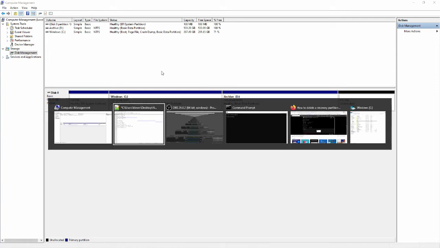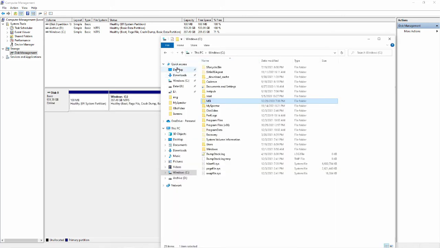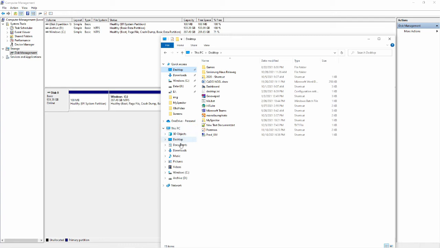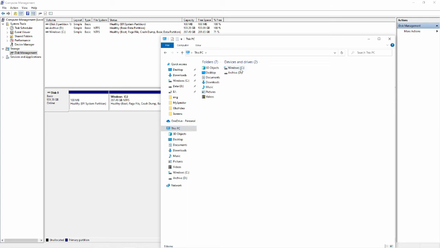And now I have my PC here, the desktop. Now I have two very beautiful drives.